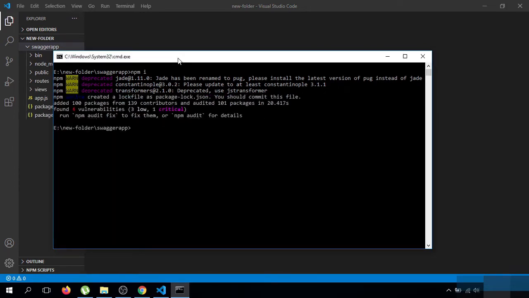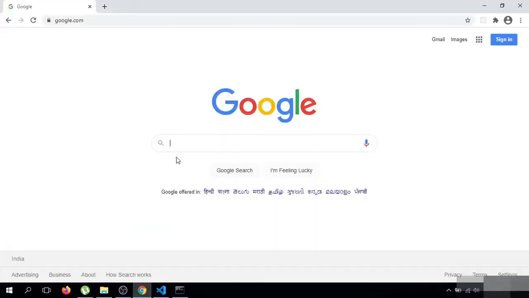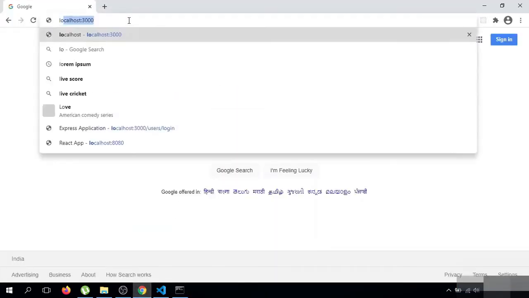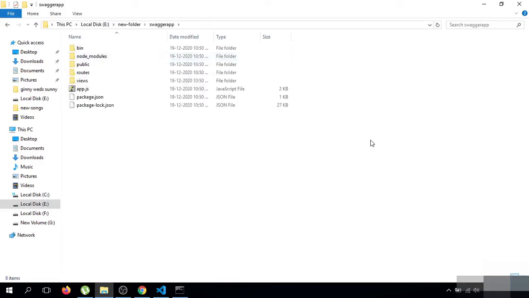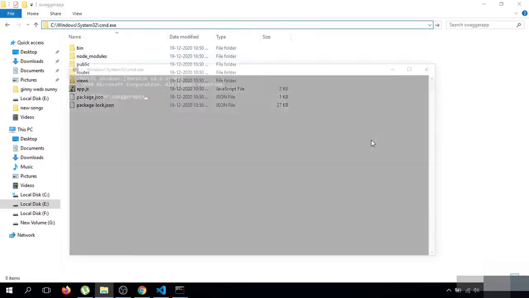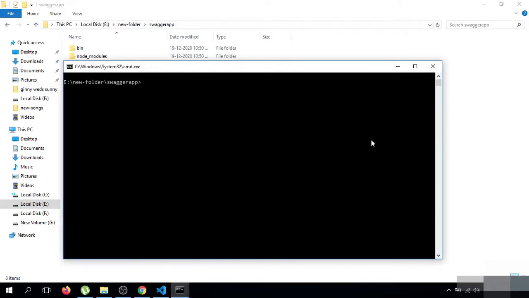As you can see, my node modules has been installed in my application. Now I will show you my application in the browser. You can see that this is our application homepage. Now I will show you how I will set up Swagger in my application, write some APIs.